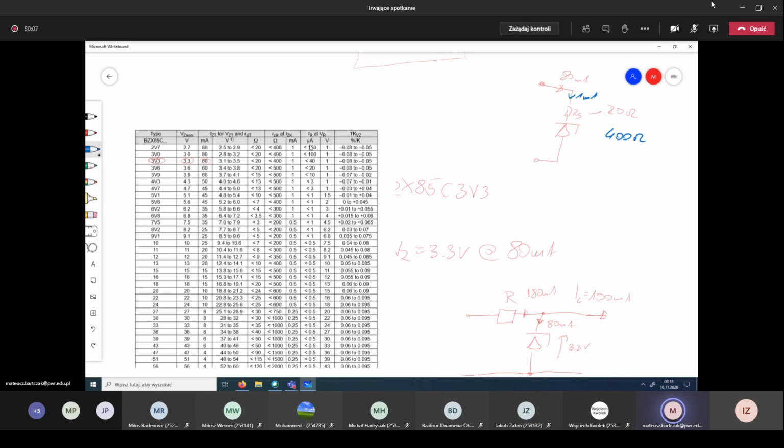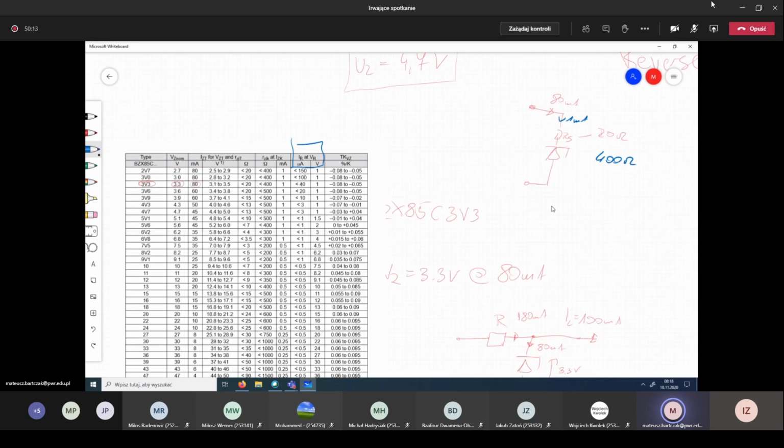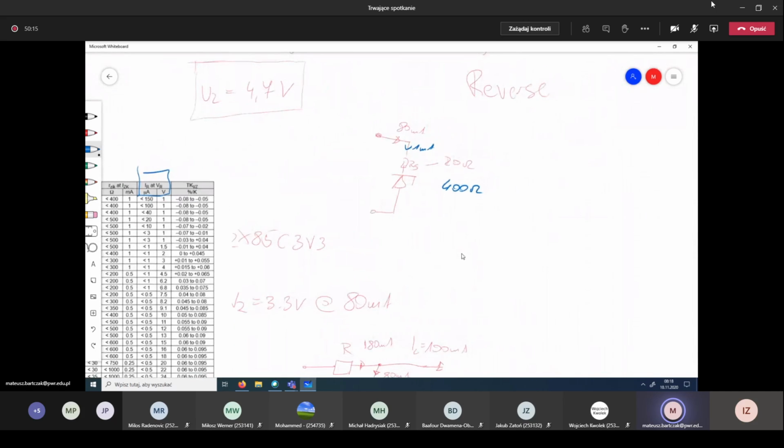And here we have also the reverse current, this column here. I will show you on the characteristic. So this is the forward configuration, and now it's the reverse. Here we also have some current, so a small current also flows here. At 1 volt, we can see that this current is less than 100